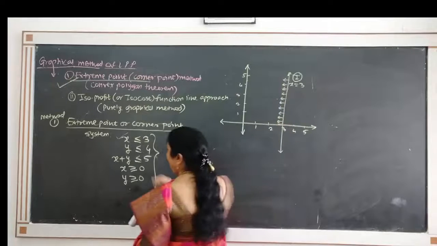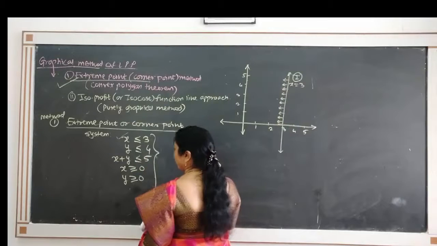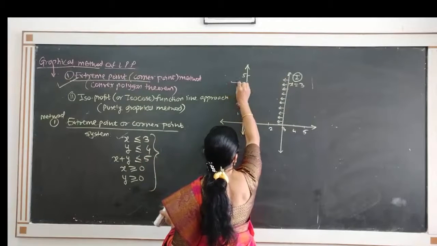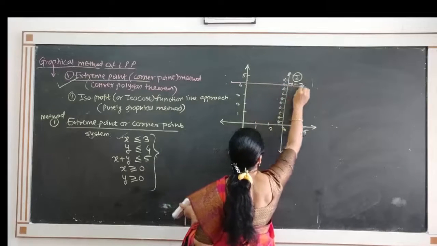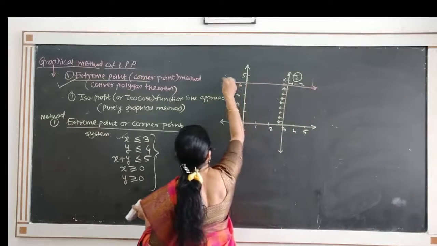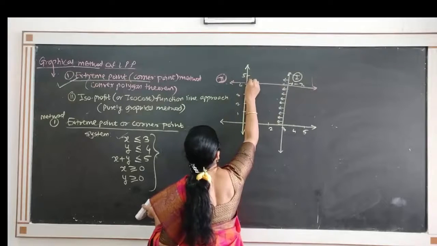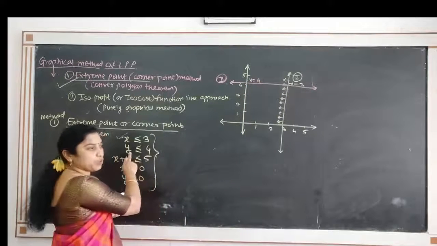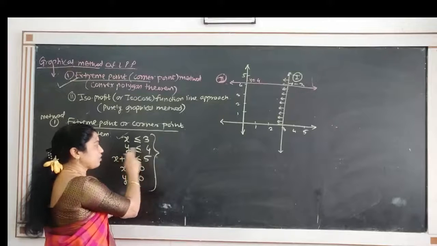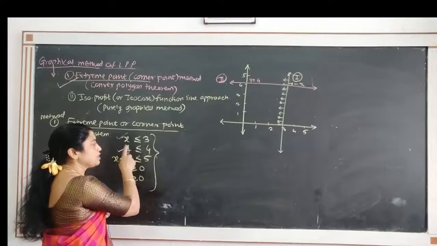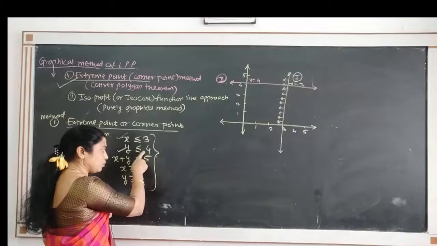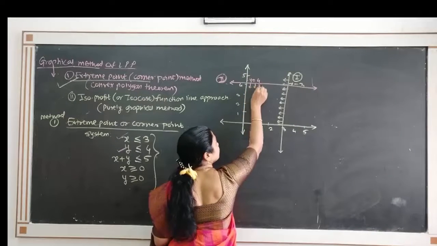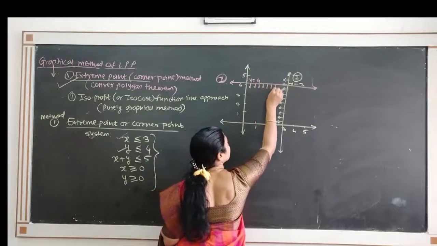The next one, y less than or equal to 4. So we draw the line first, y equal to 4. This is the line y equal to 4, parallel to the x-axis. This is our second line. And if you put 0 here, 0 is less than 4, so it satisfies the constraint and therefore we want the origin side region. So we require this region again.